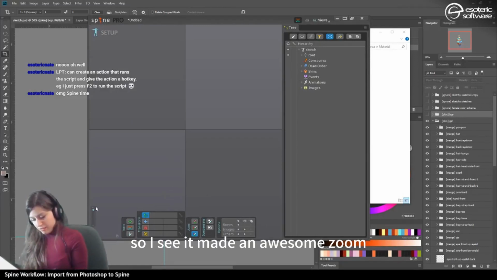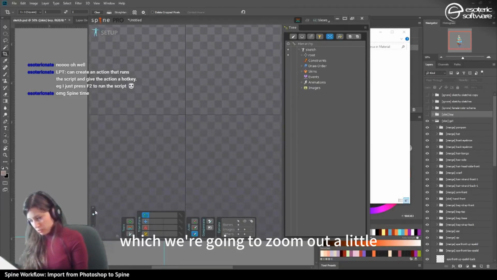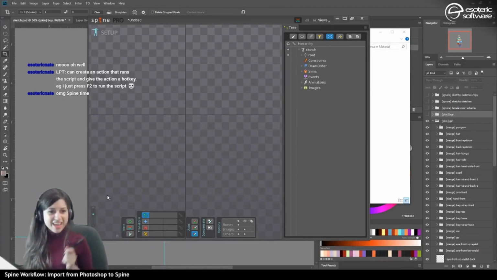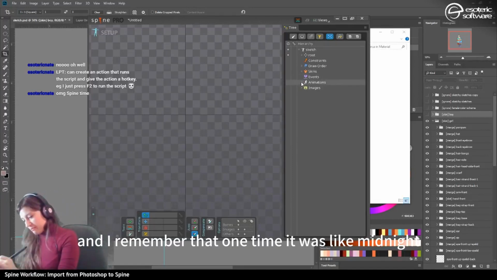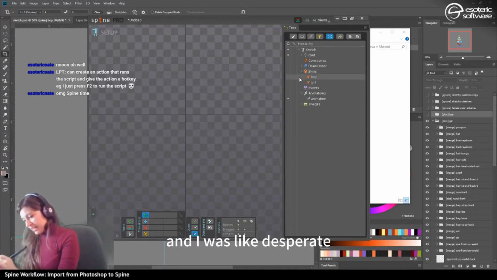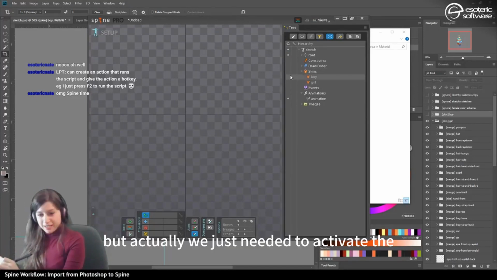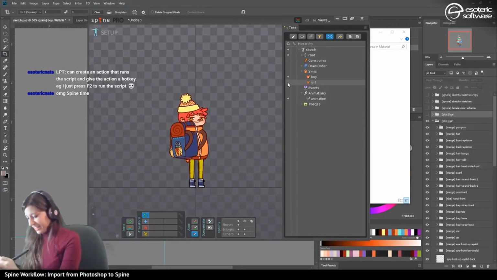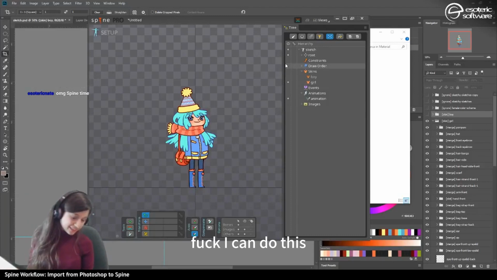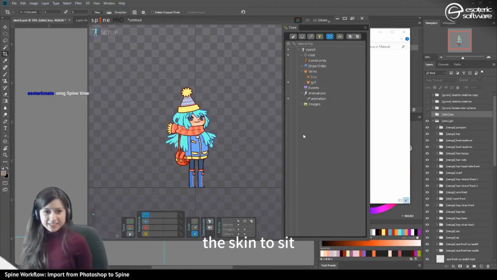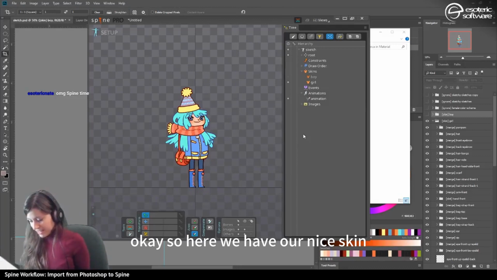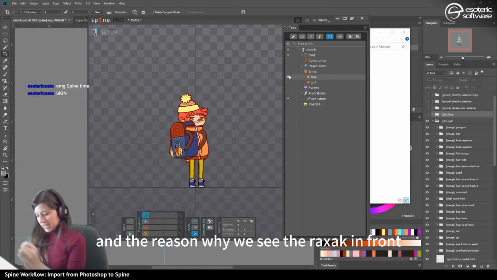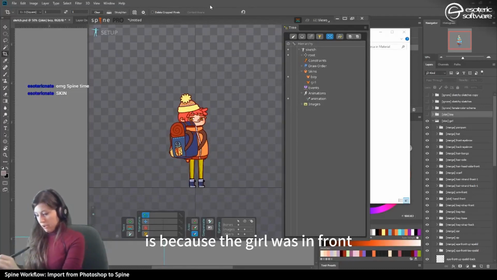So see, made an awesome zoom, which we're going to zoom out a little, and we see nothing. No, did it not work? It did. I remember one time it was like midnight and I was desperate, but actually we just needed to activate the skin. Okay, so here we have our nice skin, and we have the boy and the girl, and the reason why we see the rucksack in front is because the girl was in front